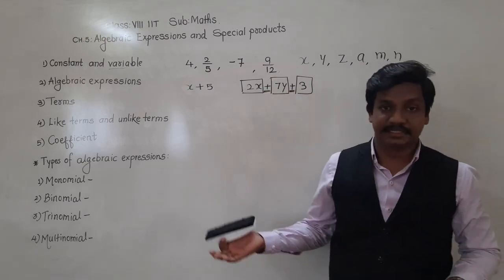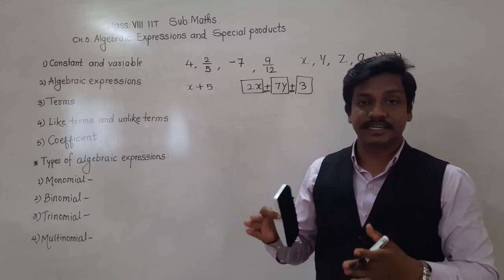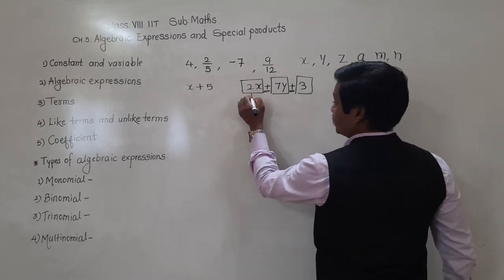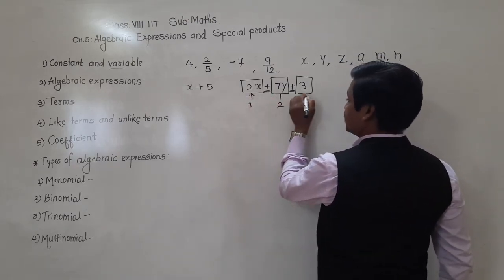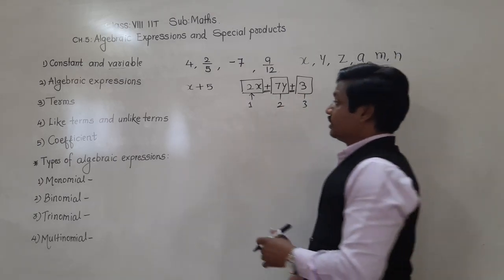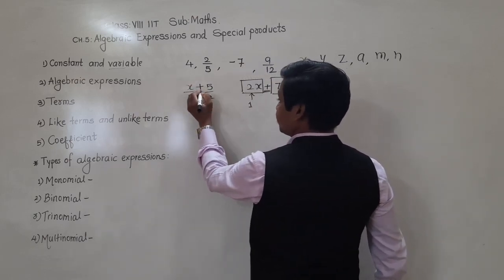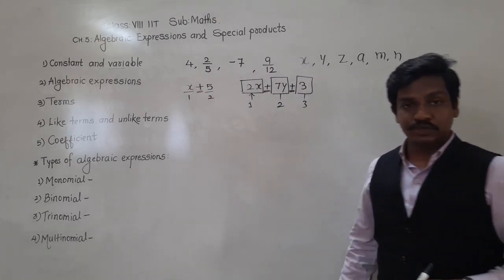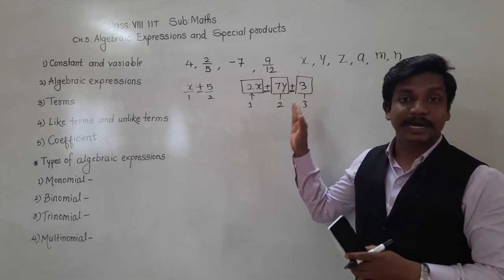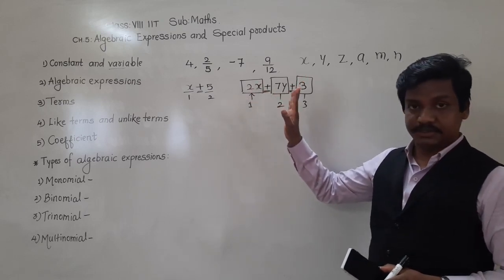Or there can be minus. The parts of an algebraic expression which are joined or connected with a plus or minus sign are called terms. So this is the first term, this is the second, this is the third. In total, this algebraic expression has 3 terms. Whereas here, this is one term, this is the second term, and both terms are separated by a plus sign. Understood? So each part of the algebraic expression separated by a plus or minus sign, this is important, is called a term.